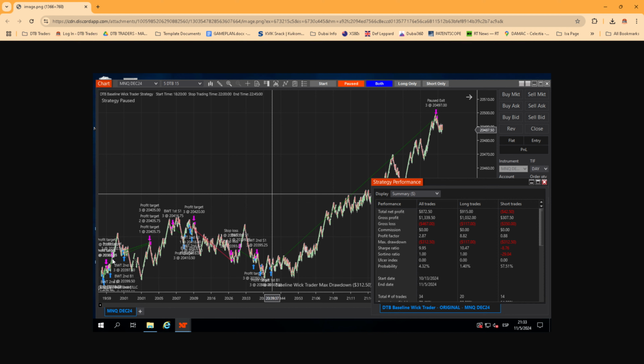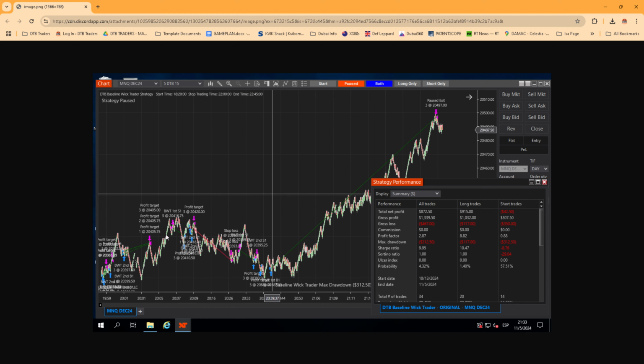But what happens in real time is sometimes when the price hits the actual limit order, it doesn't fill all the orders for some reason. What happens is NinjaTrader entered the 3, but then when it touched the limit order again, it only entered the 2 contracts instead of 3, and then it touched it again and it entered the 3rd. So you actually had 3 entries here instead of 2 because NinjaTrader has split up the entry. Because the strategy had 2 entries per direction, it's now seeing 3 entries and it's going a